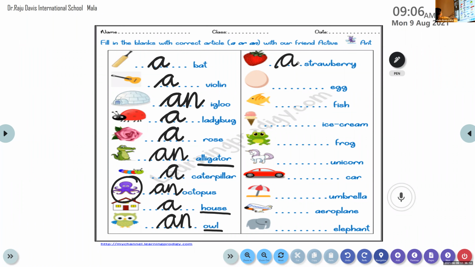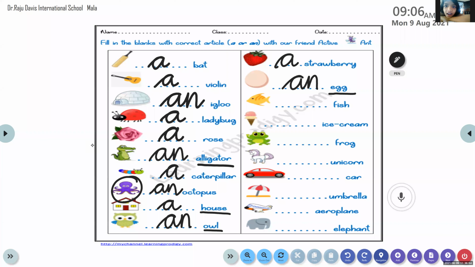Now, Wilfred, who hasn't got the chance here? Evina, come on, read the word. Egg. Egg is a word which begins with a vowel letter. So which article we have to use there? A. Is it a? An. Yes, we have to use the article an before the word because E is a vowel letter. Very good.